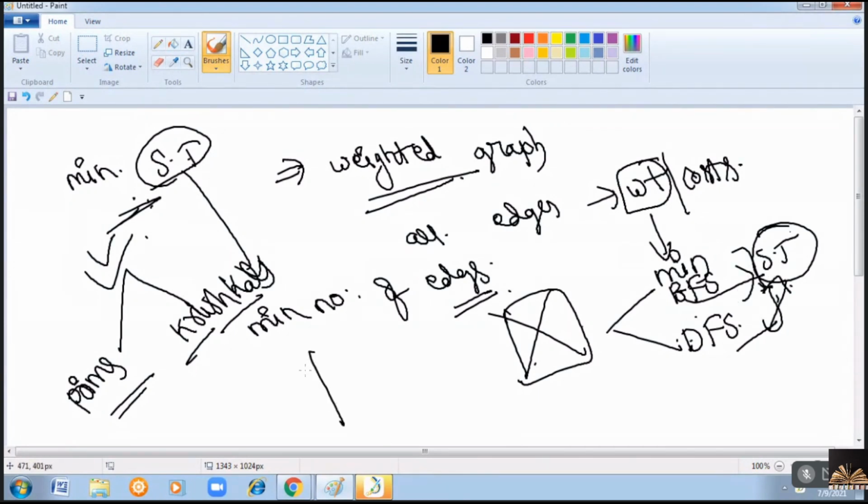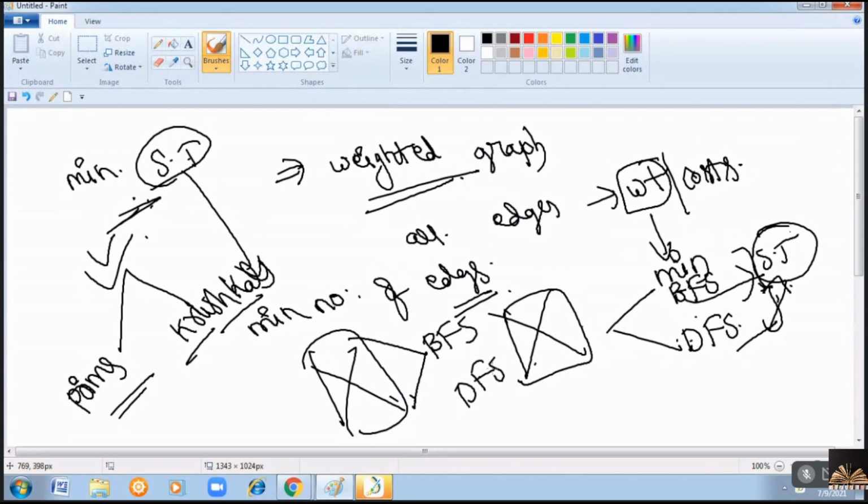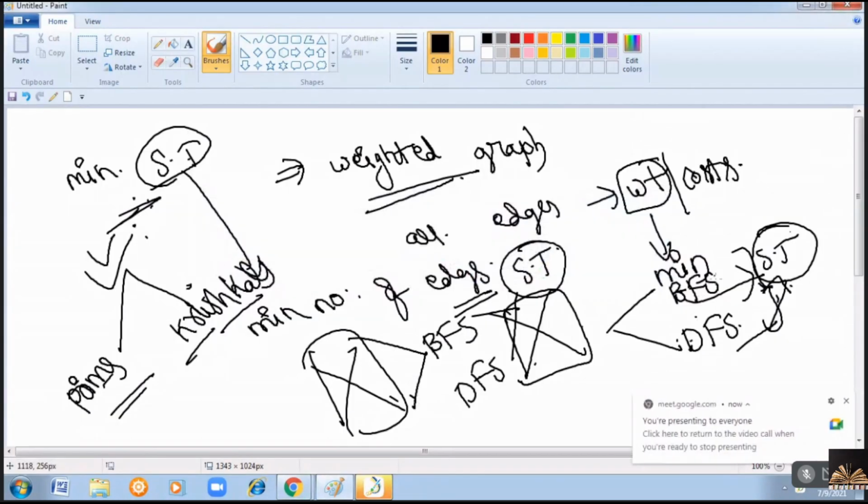Is it clear? A graph will be given. You can traverse this graph using BFS and DFS, and the result of BFS and DFS is a spanning tree. And minimum spanning tree is obtained by using Prim's algorithm and Kruskal's algorithm. I'll explain these four in the next class. With that, your 5th unit will be finished.